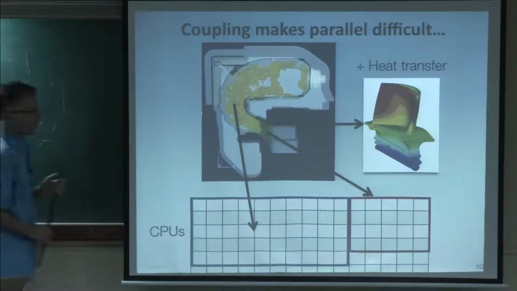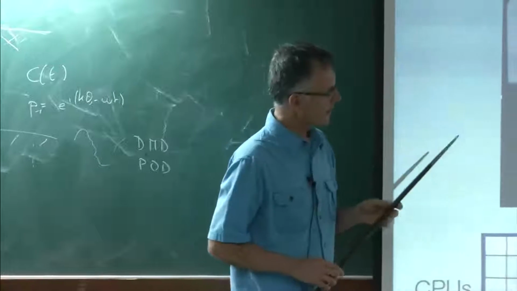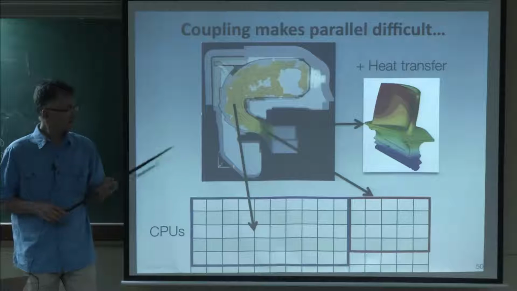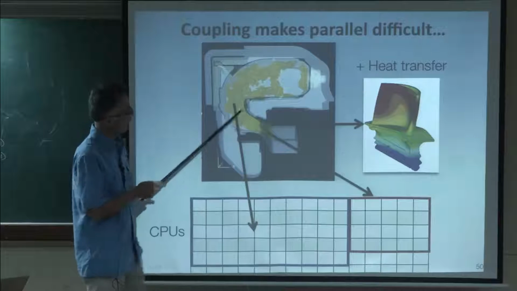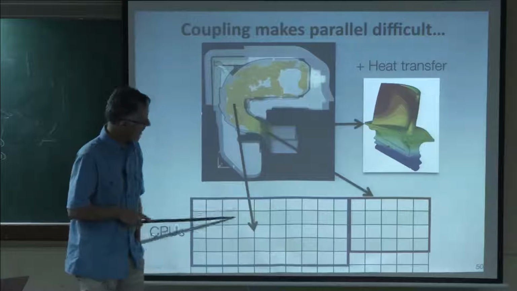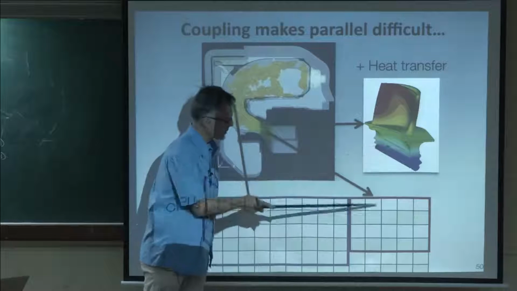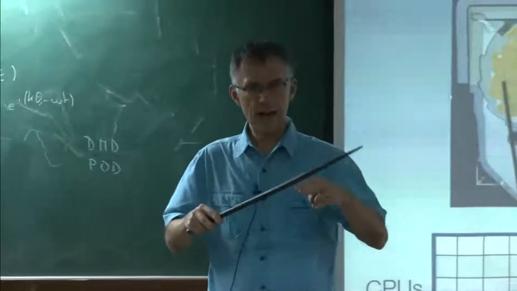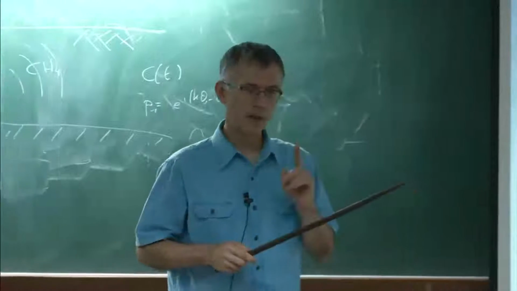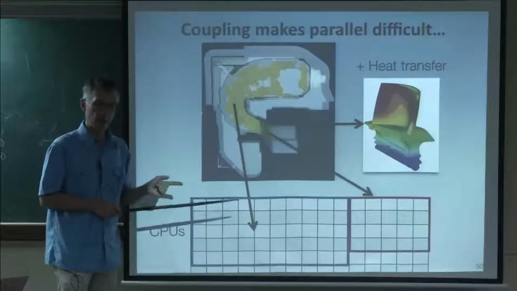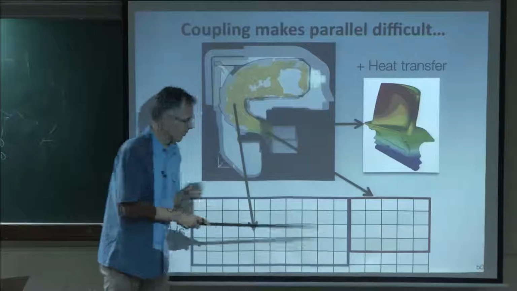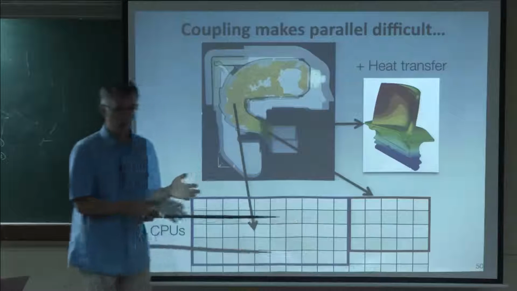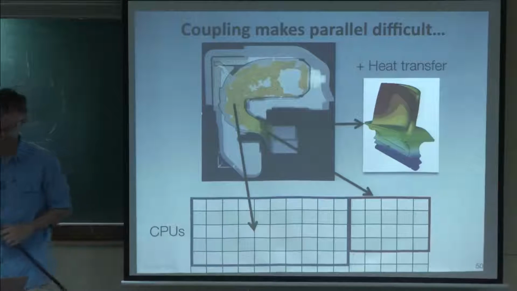A few words about parallelization. You know that if you write a code and you want to make it parallel, it's already complicated. But if you do coupling, strong coupling, for example, where at the same time you solve for the LES in the gas and for the temperature in the solid, then you're going to have two parallel codes working at the same time on the same machine. And that means they're going to share the same machine and they're going to have to communicate. So within one code, it's already complicated to communicate. But if you have two codes, or maybe three codes, then it gets really interesting, I would say.